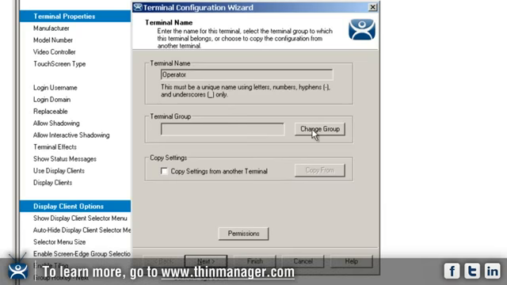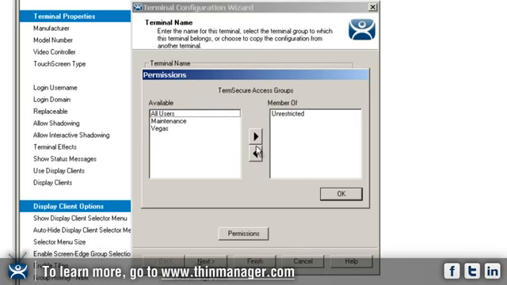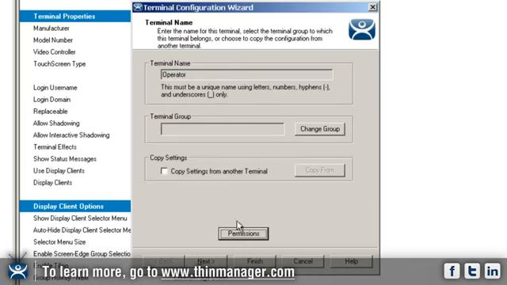I've got the ability to change the group. If I wanted it to be a part of a particular group, I could click on that. I also have the ability to copy settings from another terminal. If I wanted it to be similar to another terminal I already had in my environment, I could easily do that as well. If there are any permissives that I want to add, I can easily do that in this field here. I just click on that permissives button